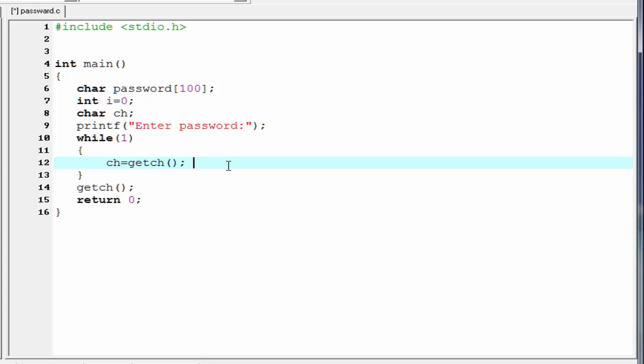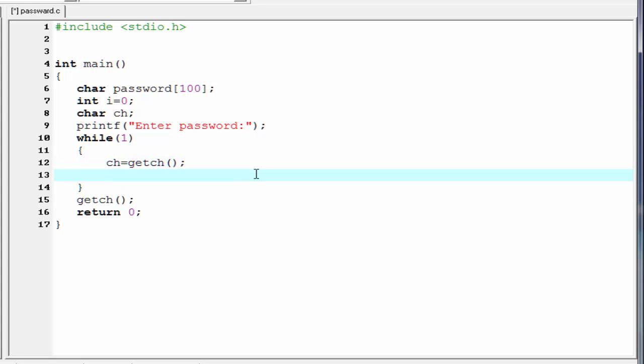One thing I must say here: when we use a character in the program, or we read a character from the user, at that time we use only the ASCII value of that character. Whatever character is entered by the user, the ASCII value of that character will be returned by the getch function and stored in the variable ch.